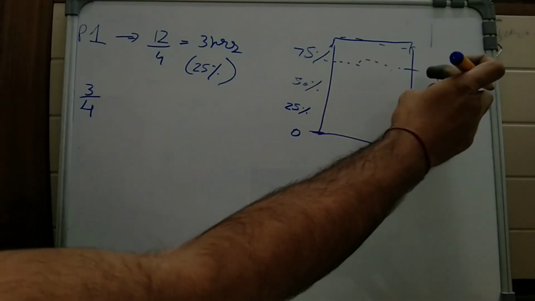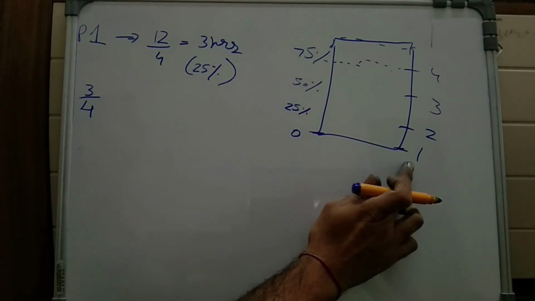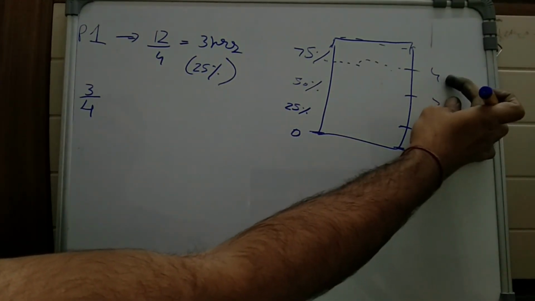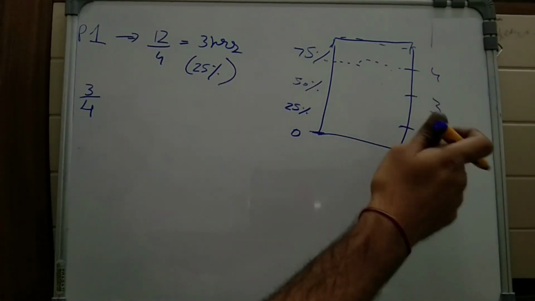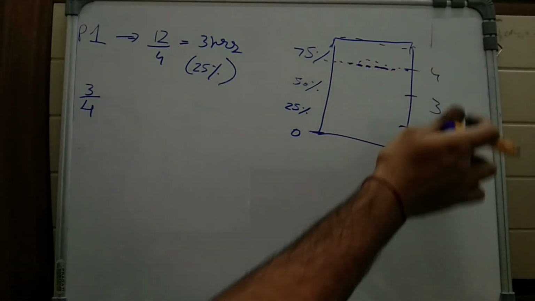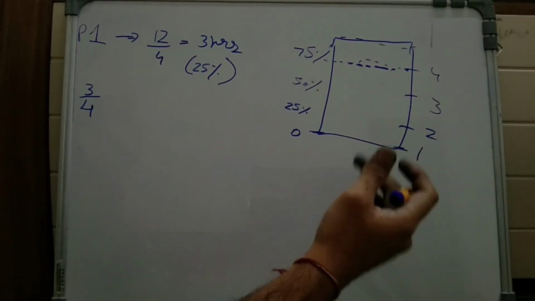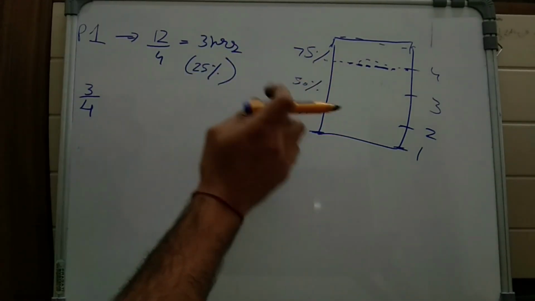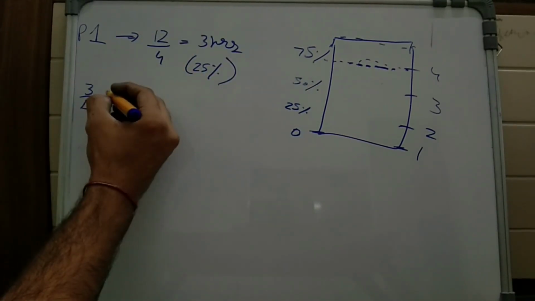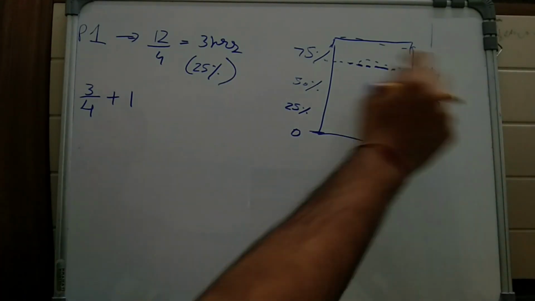Now I will be solving for this next 25% of the tank. Again, pipe 1 will be taking 3 hours to empty this 25%, right? But instead of 4, now only 3 pipes will be operational, because the water is at this level. So the workforce is 3 times, which means the time will be 1/3 of the initial. What is the initial time? 3 hours. So 1/3 of 3 hours, 1 by 3 into 3 is 1. So to empty this part, these 3 pipes will take 1 hour.